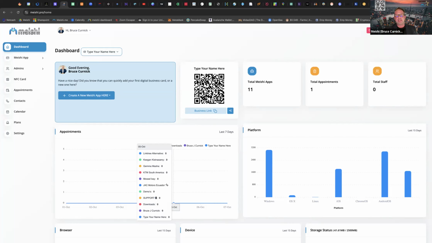So once you sign up, you're going to get an email from Dreams, log into your Dreams dashboard, and you're going to get an email from Meishi Pro. That's log into this dashboard that you see now. This is where you build your digital business cards, manage them, edit them, delete them, add new ones. So you do everything from this dashboard. So today, for those of you that are new, I'm going to show you how to build your first digital